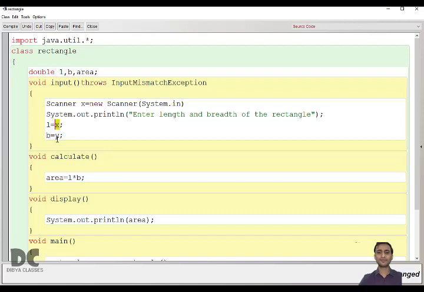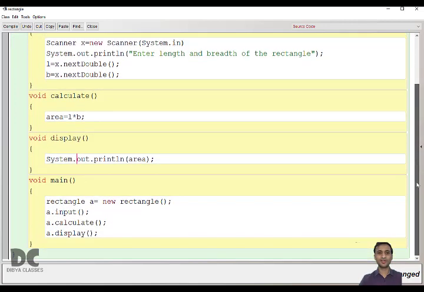Then we don't have x and y now. What we'll do is take input with nextDouble, and here also next, and the program is over. We don't have to change the calculation part and the printing part. Scanner and buffer talk about the input part only.